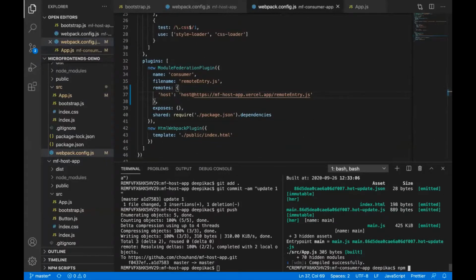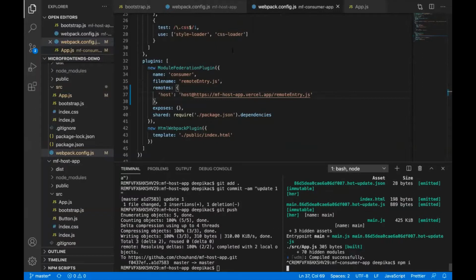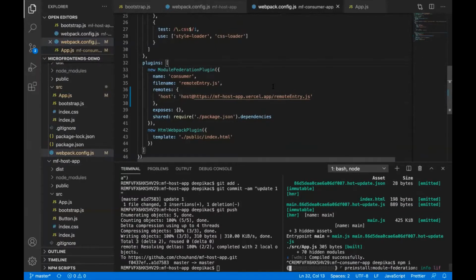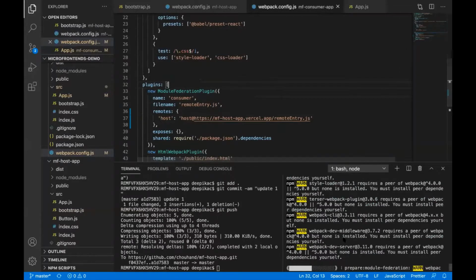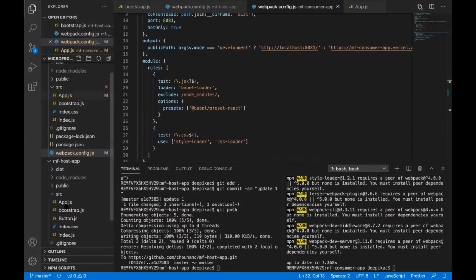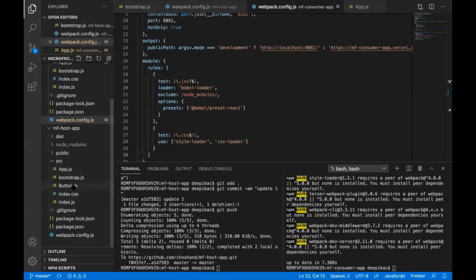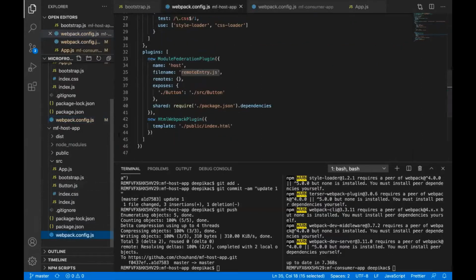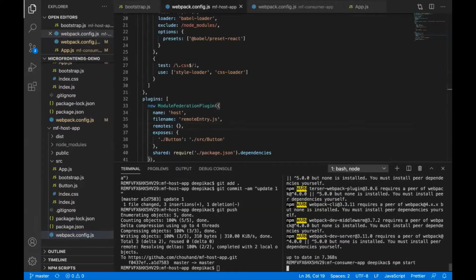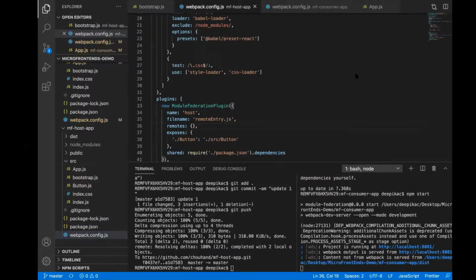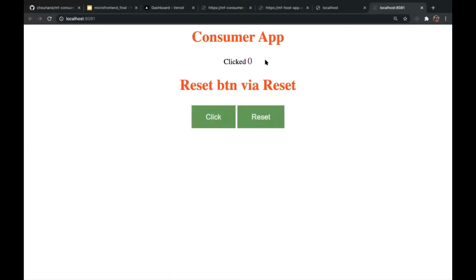Okay. Remote entry, src button, exposed. Okay, thank God. Okay, so now it is working.